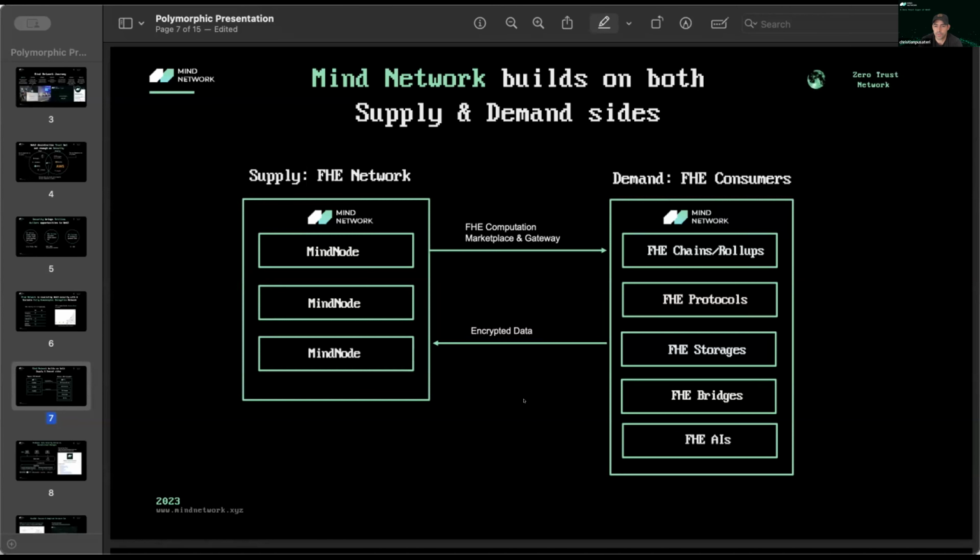Obviously, adding FHE to the protocol layer. We've already integrated at the storage level with Greenfield, Arweave, and IPFS. Our current data lake is intended for hot data, but with these decentralized storage providers, we can now offer cold data as well. It means you can store your data over the long term, keep it encrypted, and run compute upon it without decryption.